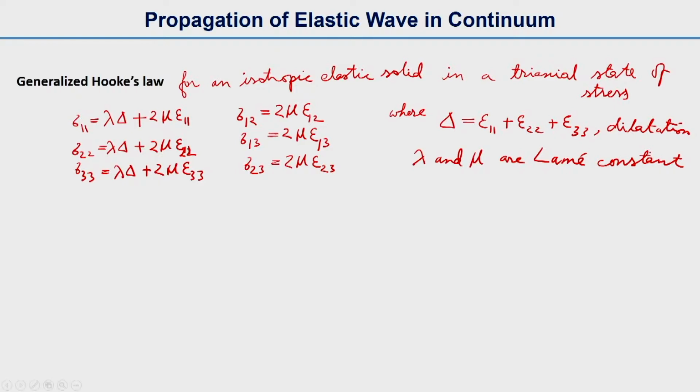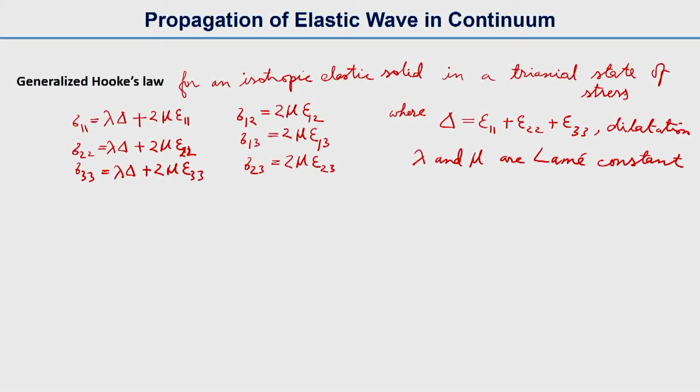So they are the material constants. I will tell you later the relationship between lambda and mu with Young's modulus and Poisson's ratio. So these 6 equations are generalized Hooke's law, and then we will be using these equations in our